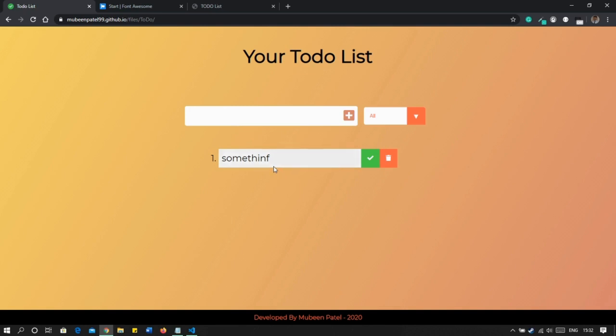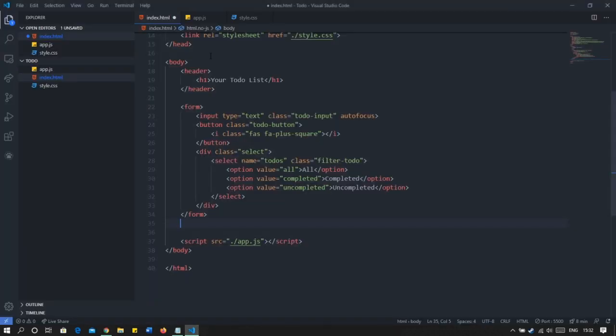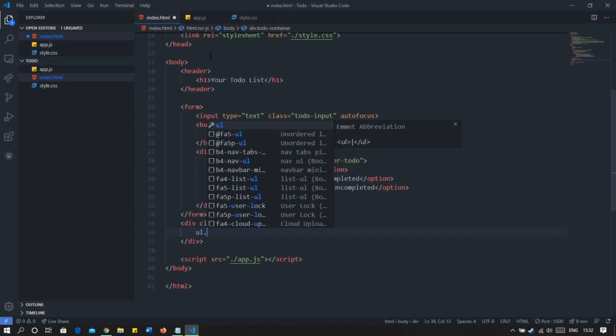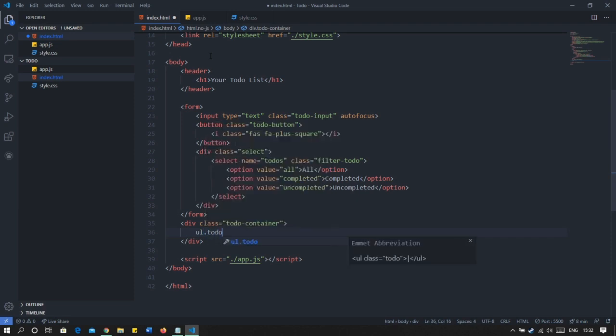So here we will create a division with class todo-container. Inside todo-container we will have an unordered list, with a class of todo-list.